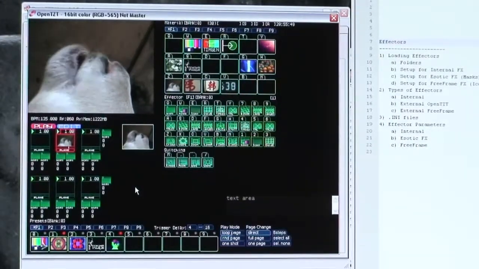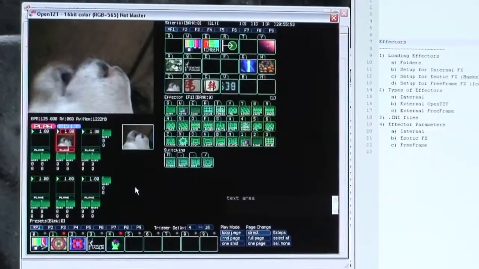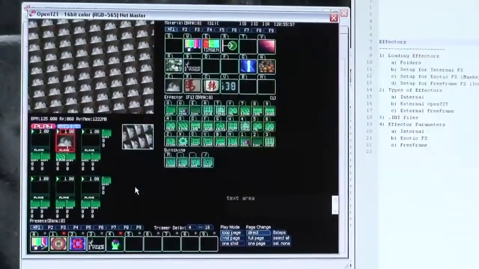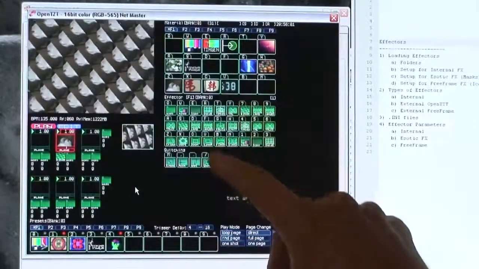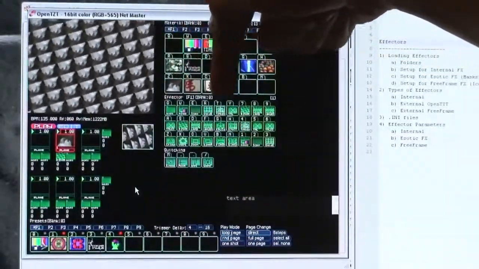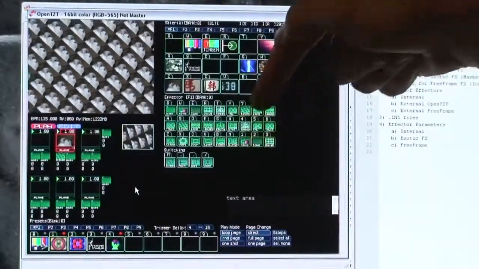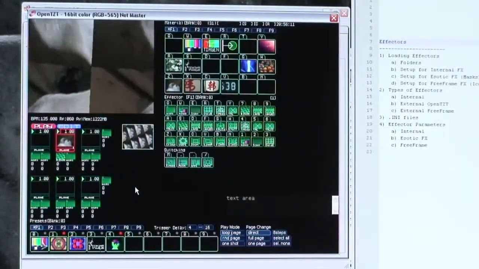and I'm going to apply an effect to the goat's mouth while it's chewing. There's a whole bunch of them. Okay, so these are the internal effects that come with OpenTZT. We've got our QWERTY area over here, and then we've got our number pad area over here. Your number pad effectors are